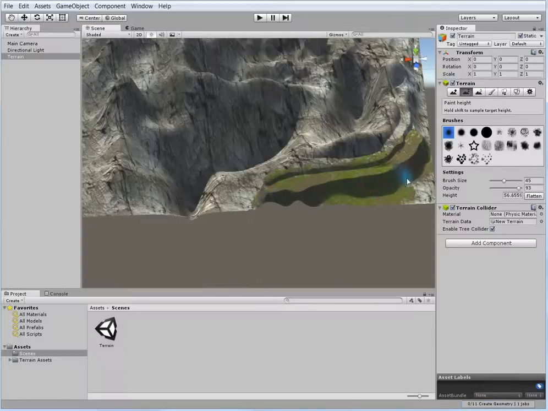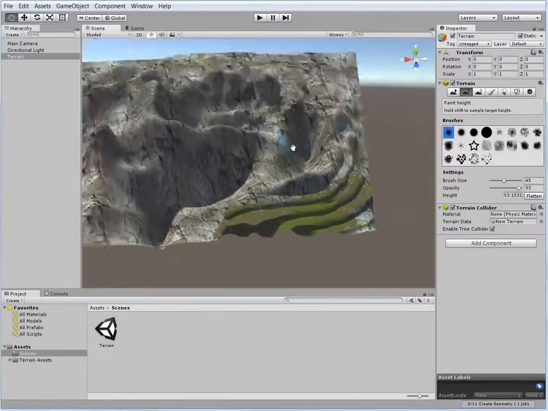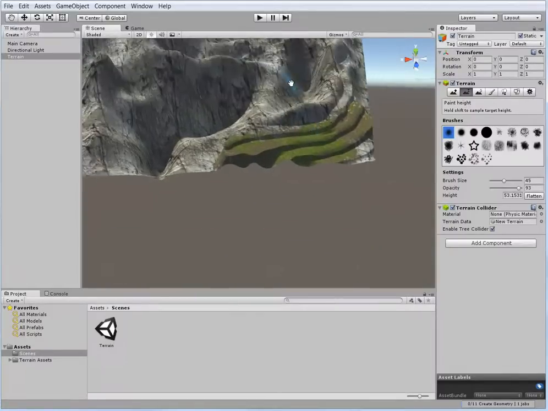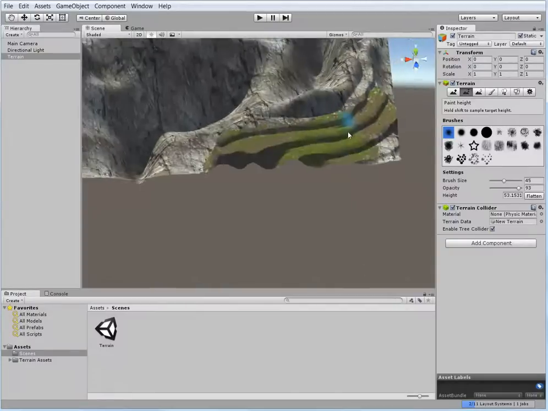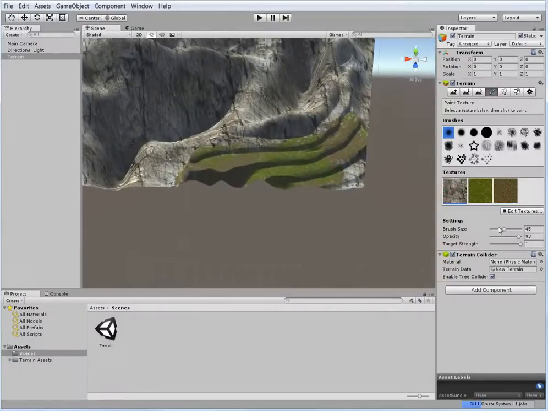I can come lower and start building up another little plateau space right like this. I can go even lower and do something like that. And now these are really fun. And these are nice to texture too, because if I were to come back in my painting and choose my terrain,